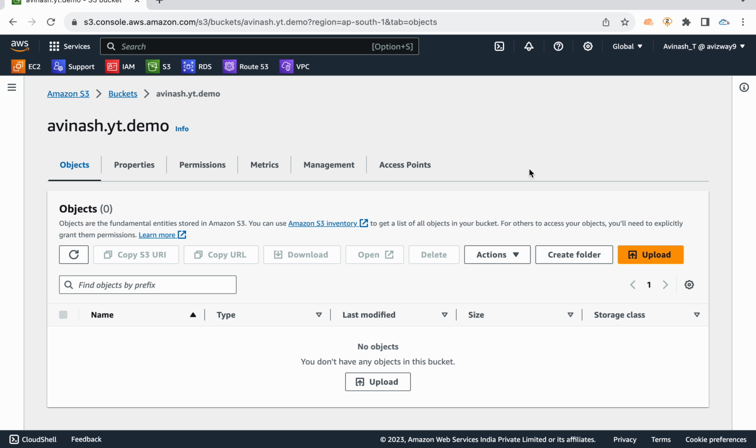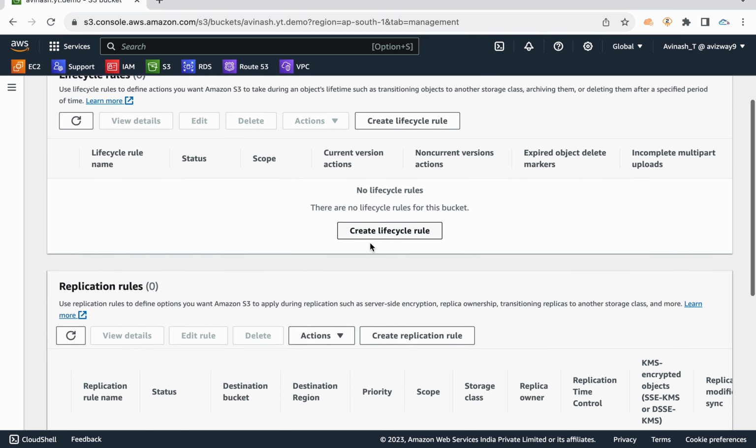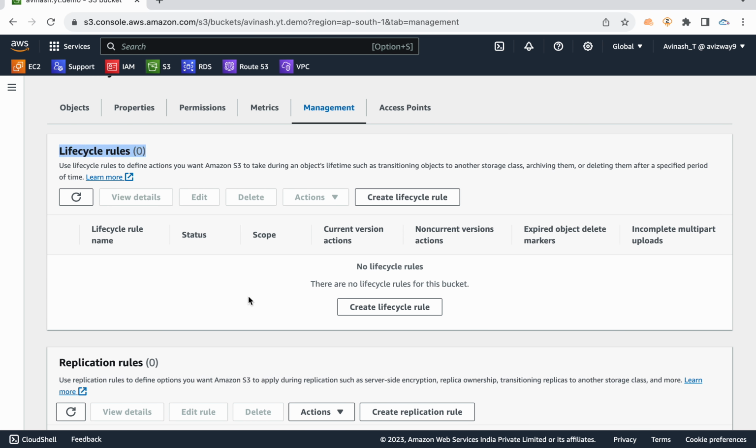Now you can expect a question on this scenario: how are you performing this transition? You said you are using S3 Standard, then moving it to Infrequent Access, then deleting, or Glacier, then deleting. So are we going to do this manually? No. In our S3 platform, we have an option called Lifecycle rule.